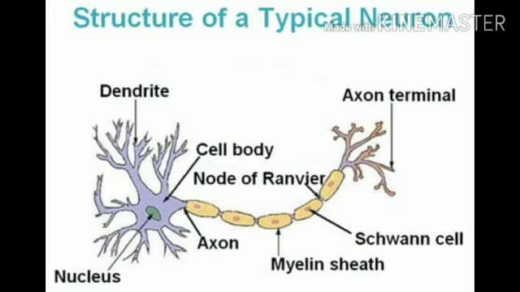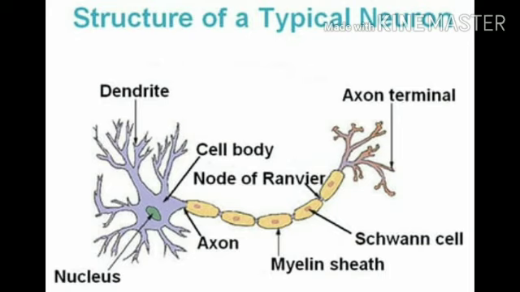The cell body contains cytoplasm with typical cell organelles and certain granular bodies called Nissl granules. Short fibers which branch repeatedly and project out of the cell body also contain Nissl granules and are called dendrites. These fibers transmit impulses towards the cell body. The axon is a long fiber, the distal end of which is branched.